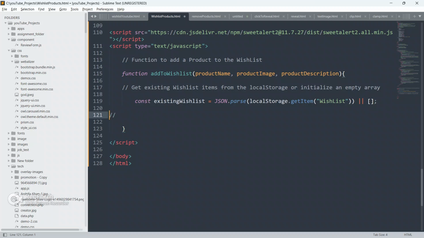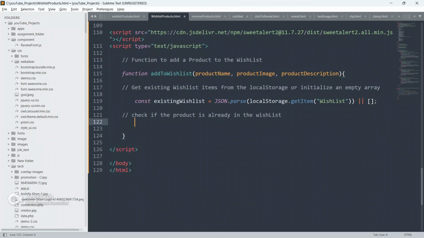Now I'm going to write a comment so that it explains what I'm doing here: check if the product is already in the wish list.